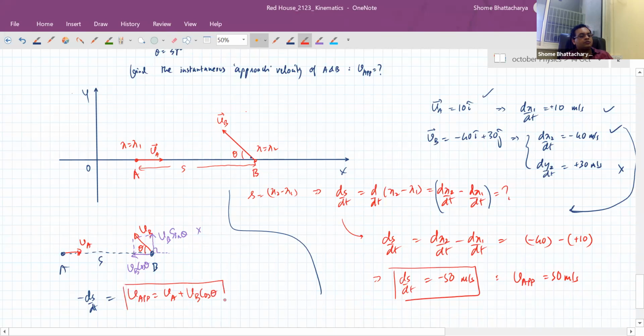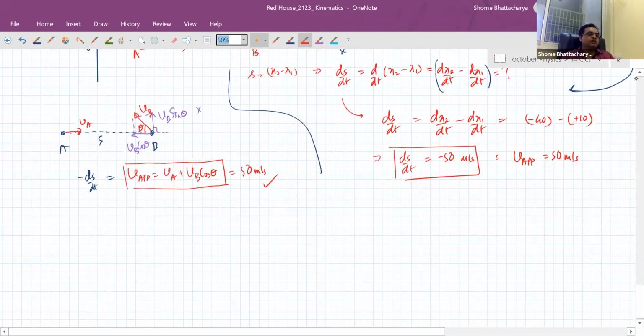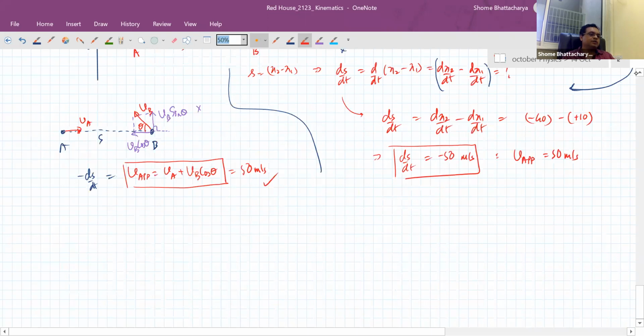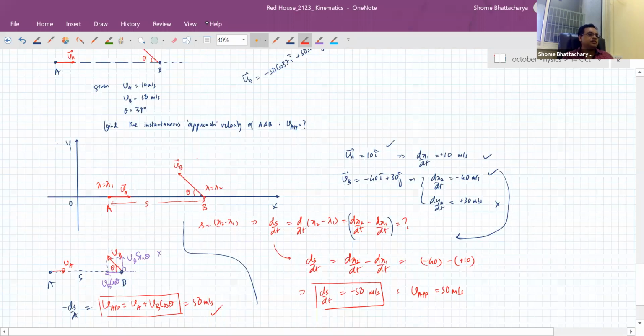From this point onwards, we will understand relative velocity in a situation like this by looking at this. A's velocity component towards B is directly VA, but B's velocity component towards A is VB cos theta. So the net approach velocity is the sum of these two, and when you calculate that, it will come out to 50 meters per second. So this is the difference between the concept of relative velocity and the concept of approach or separation velocity. The relative velocity is just VB minus VA or VA minus VB, whichever one we are calculating. But approach or separation velocity is actually the rate at which the distance is increasing or decreasing.